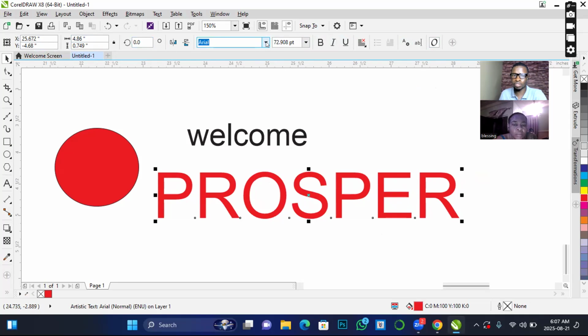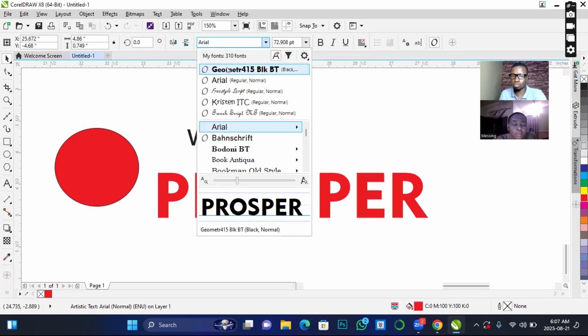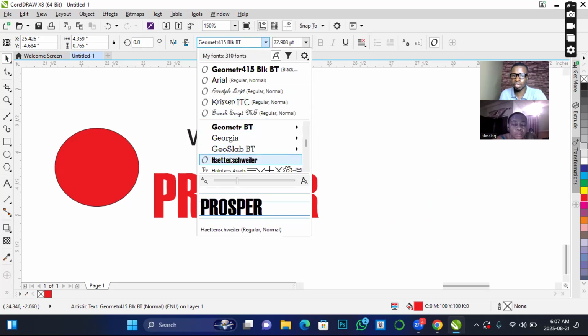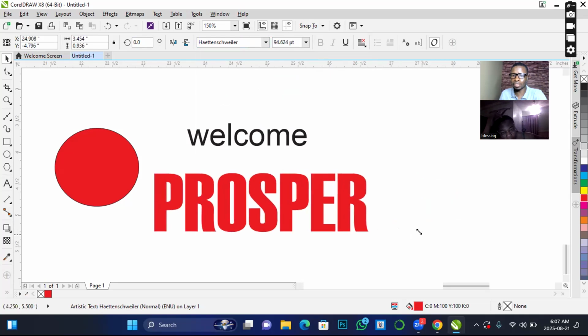One, this is where you can change the handwriting. There are a lot of beautiful fonts in CorelDraw compared to Microsoft Word because they know that this program is for graphic design. So you can choose the font. You can see that I've changed it now. There are so many fonts here. You can take your time to go through them, because when you start designing, font is part of